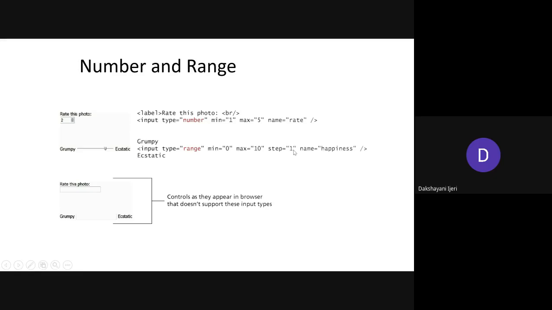If you take it as 2, then from 0 if you move it by one bit, it is going to be incremented to 2, then 4, then 6. So the step value is 2 there. If the step value is 4, then it is going to take 0 to 4, 4 to 8, and so on. Along with these attributes, as usual, you require the name attribute as well, with a value of your choice.